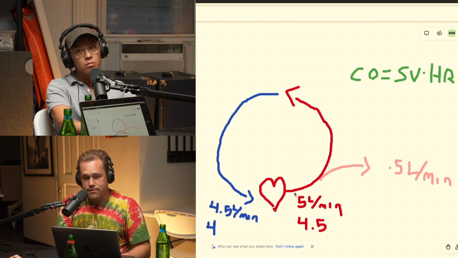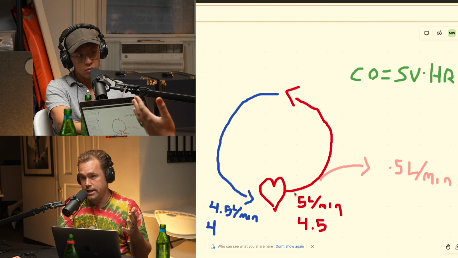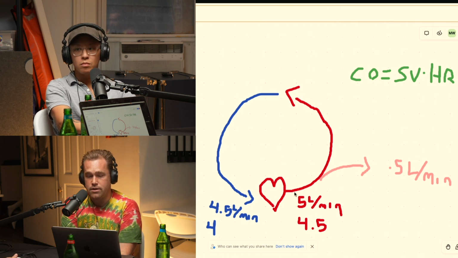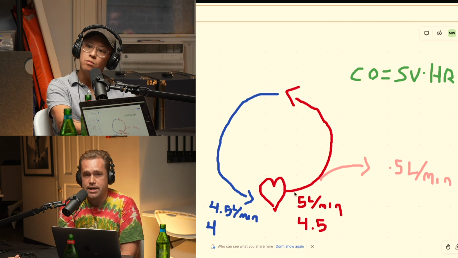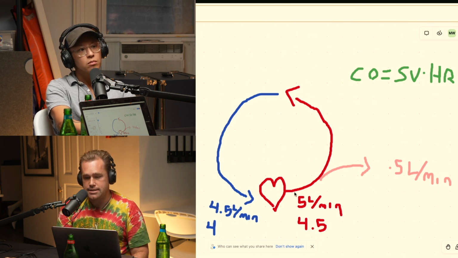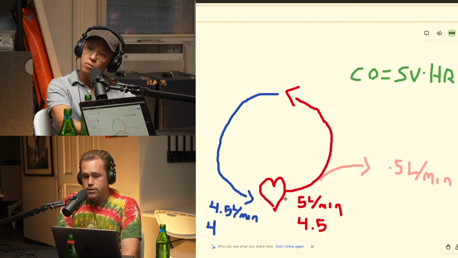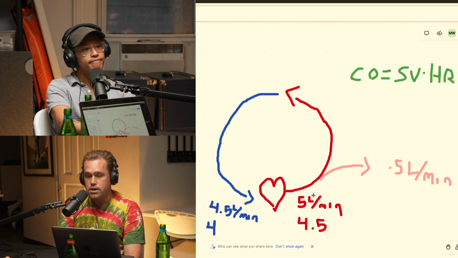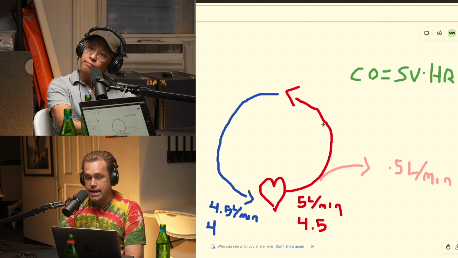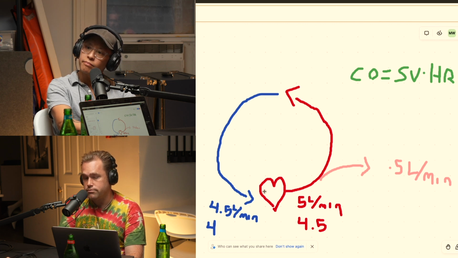So let's think of this concept of hypovolemia. One of the best ways of thinking about hypovolemia is through bleeding, because it's the easiest to display. On average, your cardiac output for most people is about 5 liters per minute. So every minute your heart is ejecting out 5 liters of blood. Blood gets ejected out, then it gets used up and returned to the heart. So 5 liters go out, 5 liters return.